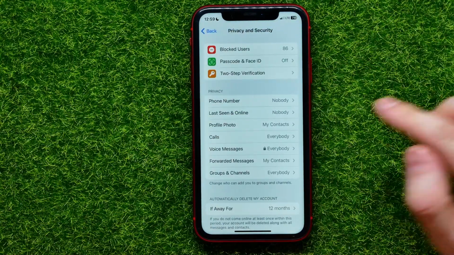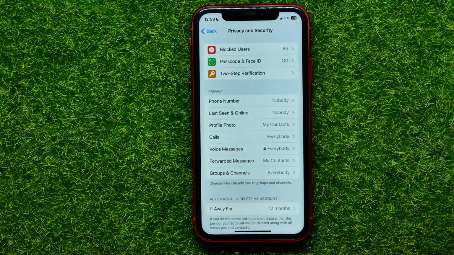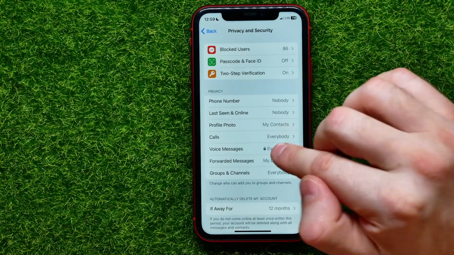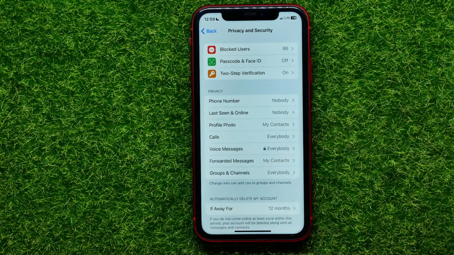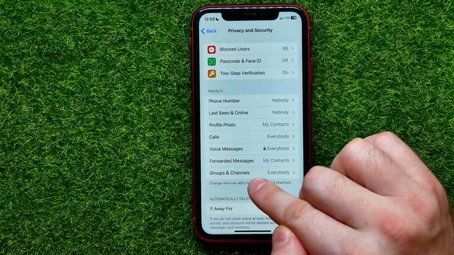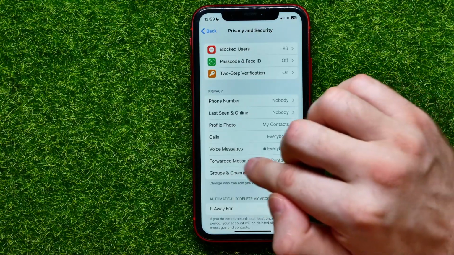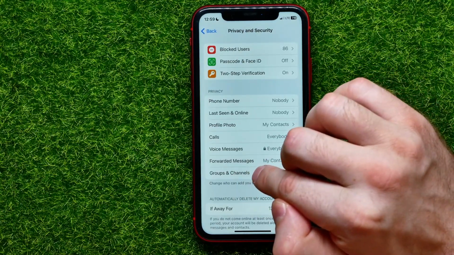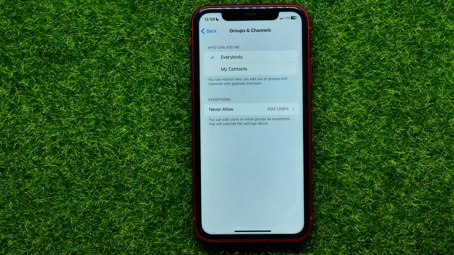Right here you can find privacy settings. You can make private your phone number, your currently online status, your profile photo, calls, voice messages, forwarded messages, and groups and channels. You have to tap on groups and channels to be able to set it up,